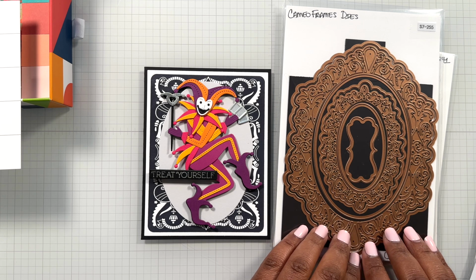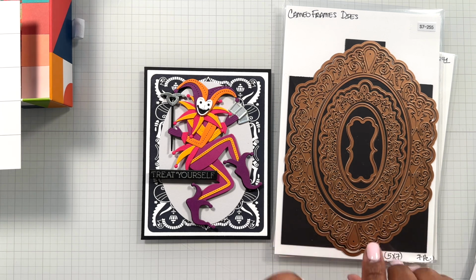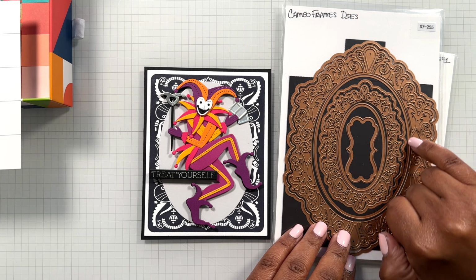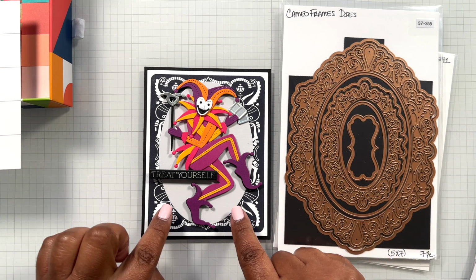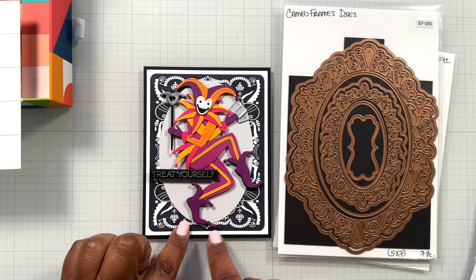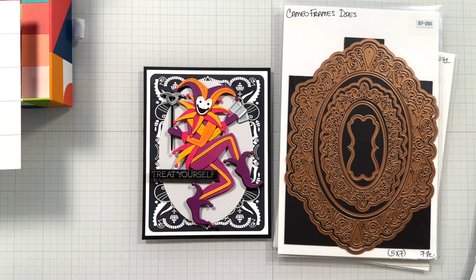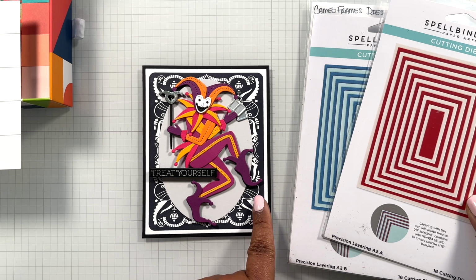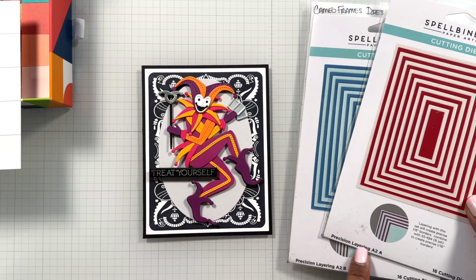This is a beautiful, elegant die set when you want to dial up the elegance quickly on your card. All I'm using in this set though is this oval right here. It was just a perfect oval for him. See how his little foot is right there on the edge and he's like in there? Almost like a spotlight. To cut out the black card base and this treated layer, I'm using Precision Layering A2